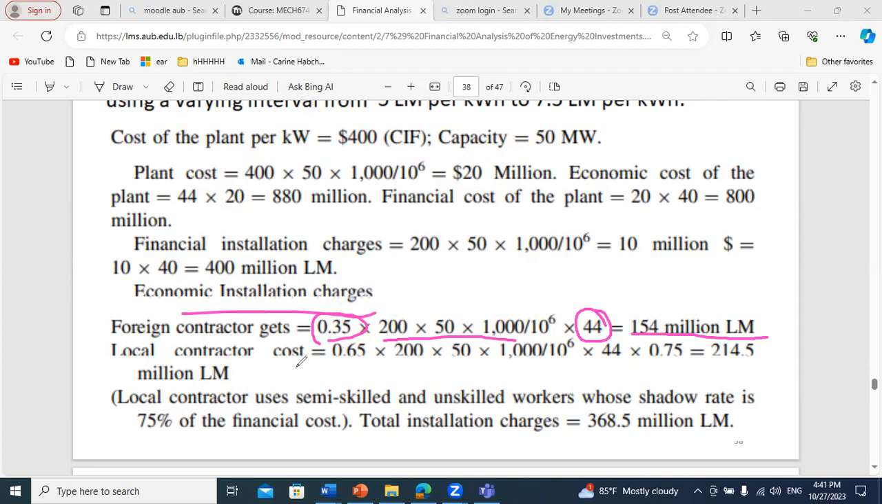Then for the local contractor cost, we said that we should consider the reduction of 25%. So we considered first the percentage of local contractor, which is 65%, times the installation charges, times the shadow rate. And to account for the reduction, we multiplied by 0.75. So this will give us in total 214.5 million in local money. So now we can say that in the economic analysis, the initial cost is 800 million. And the installation cost